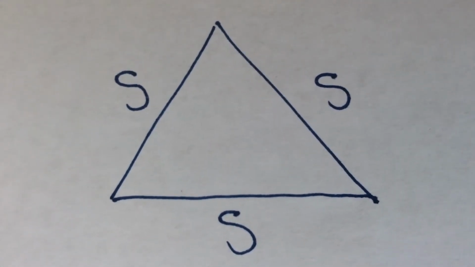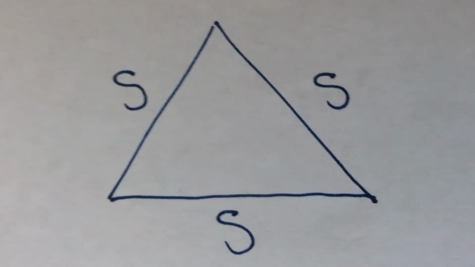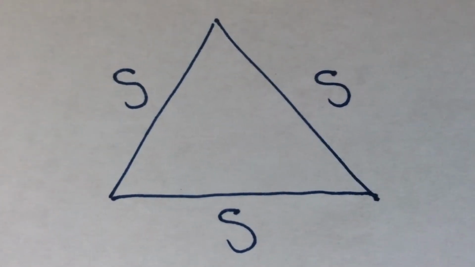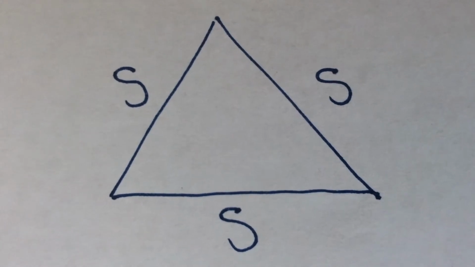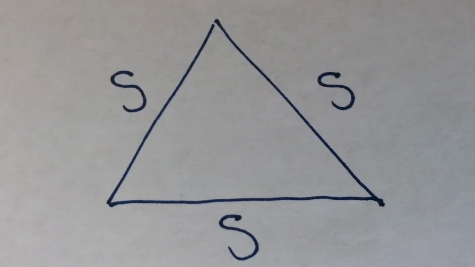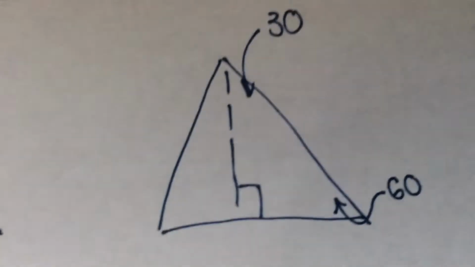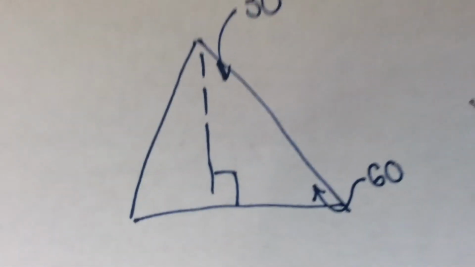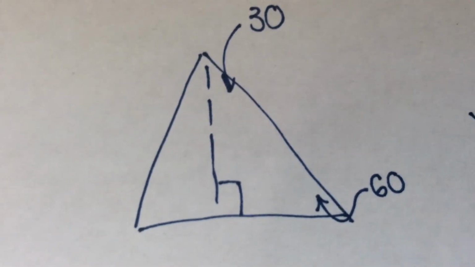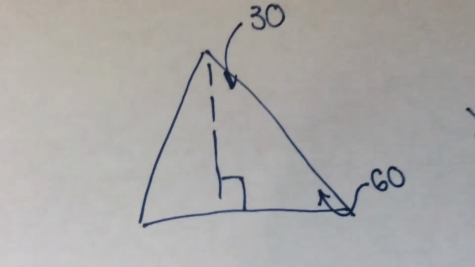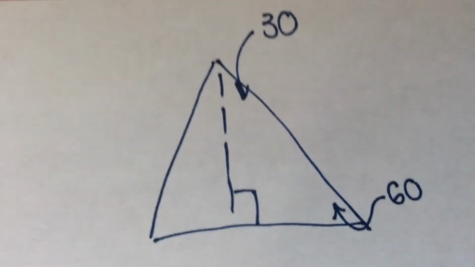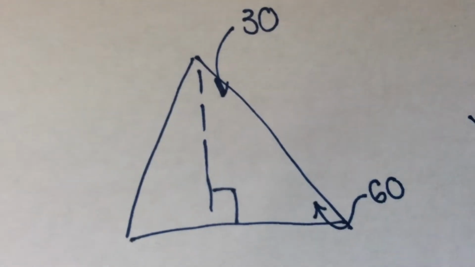We have an equilateral triangle with side lengths of S. We're going to try and find the area of this triangle, and we're going to do this by splitting it into two 30, 60, 90 triangles, like I did right here. Doing this allows us to find the sides. So we can use the sides to find the area of the triangle because the formula is A equals 1/2